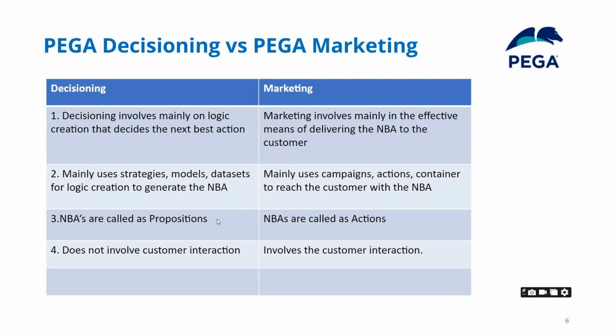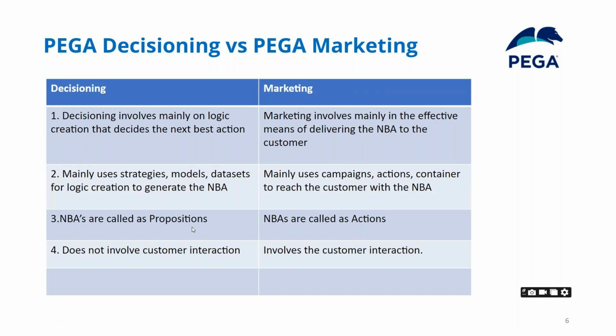Just before, I told you that what we are mainly doing here in the Pega decisioning framework is promoting the business's products, services, and whatever the business has. We are just doing the promotion. The entire Pega decisioning concept is to do some effective promotion, some effective marketing. So whatever we are promoting or proposing to the customer is called propositions.